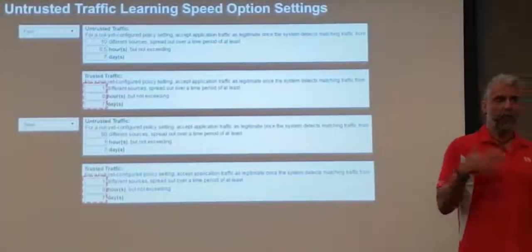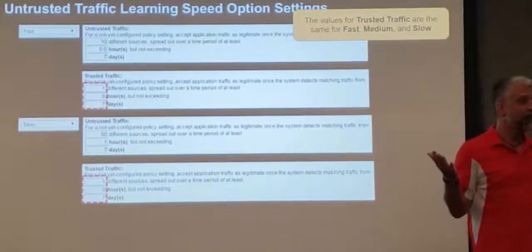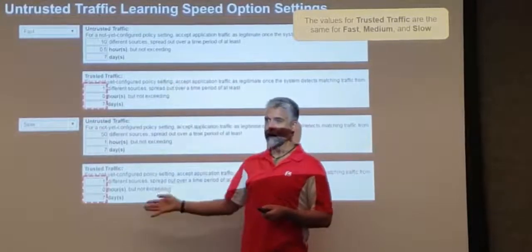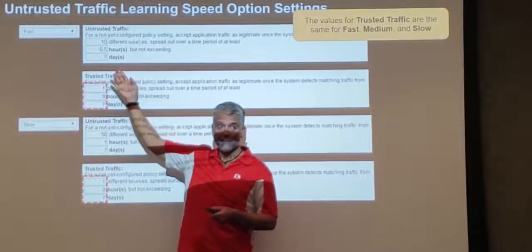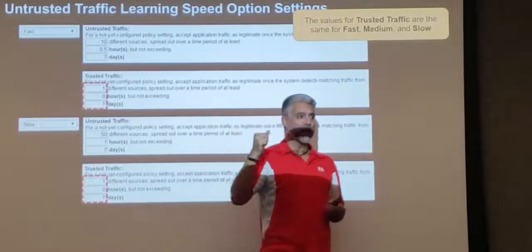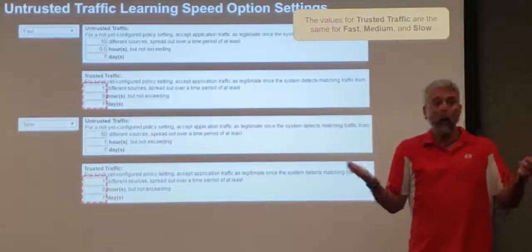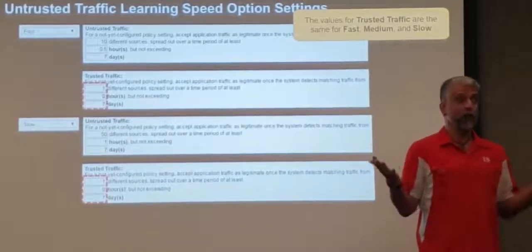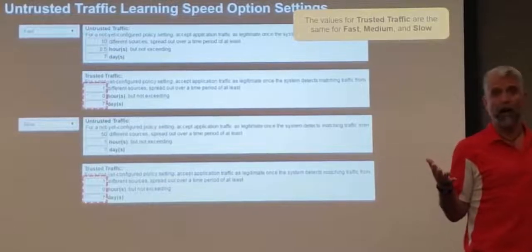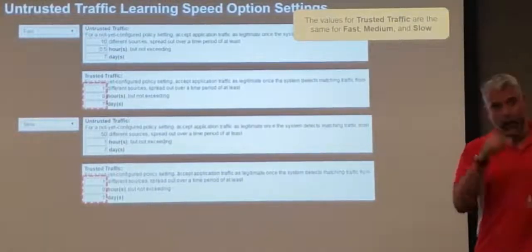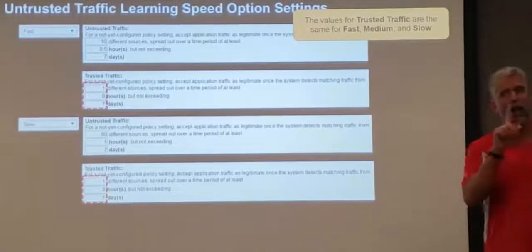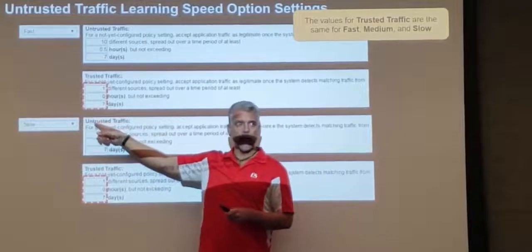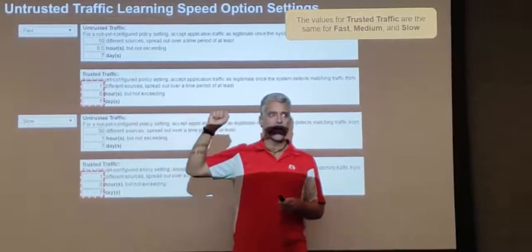Notice that regardless of whether I use fast or slow, the values are the same for trusted traffic, because again, I can't go lower than 1. It's the least number of requests I can expect from somebody. So as long as I get 1 request in a period of no time, in other words, the very first request, it's going to affect the learning score, creating a learning entry. But bearing in mind, we still have to wait 7 days from that host before they can affect the learning